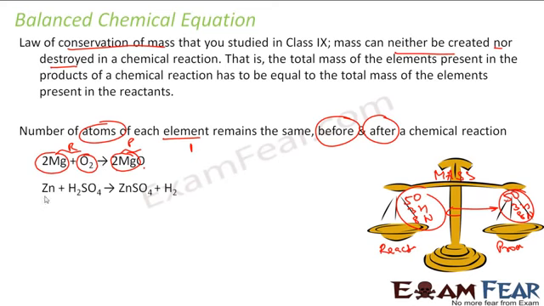Here also we will take one more example. You add zinc to H2SO4, sulfuric acid, you get ZnSO4, zinc sulfate, and hydrogen gas. So here also, if you see, the zinc count in reactant is 1, product also 1. The sulfate count in reactant is 1 and product is 1. The hydrogen count in reactant is 2 and product is also 2. So this is also a balanced